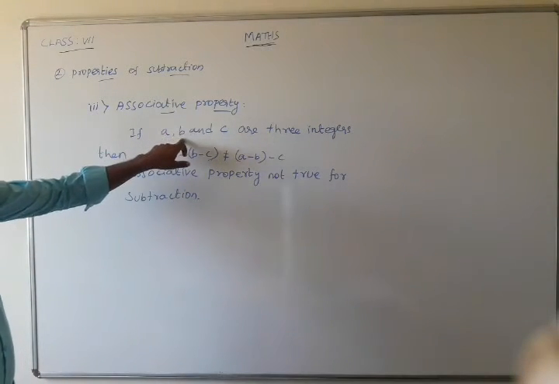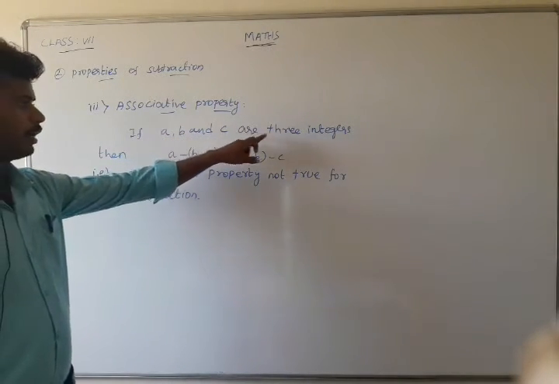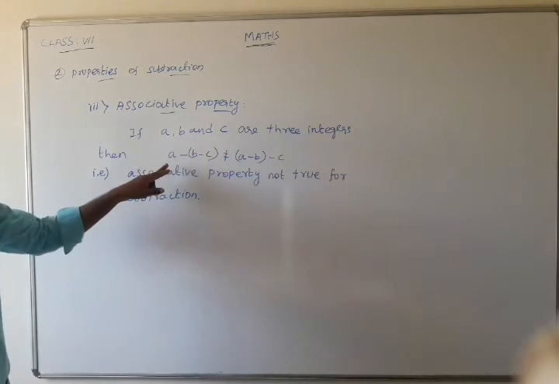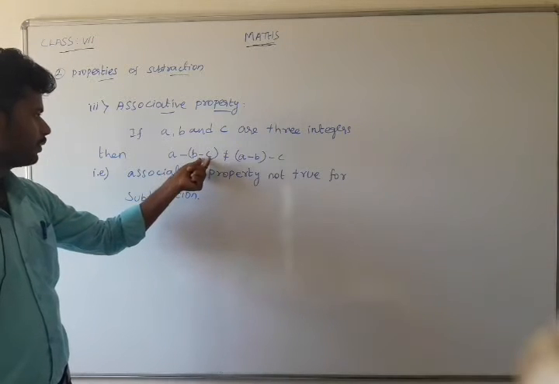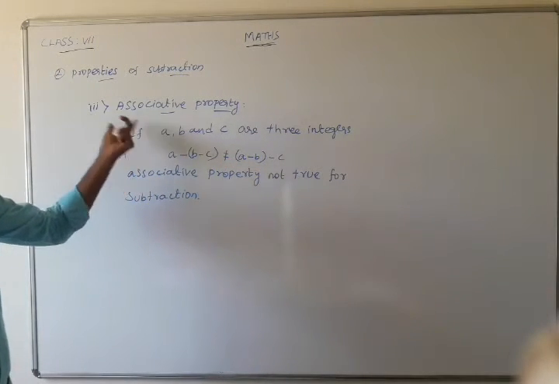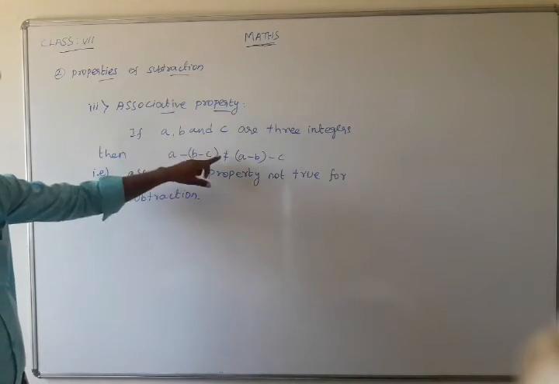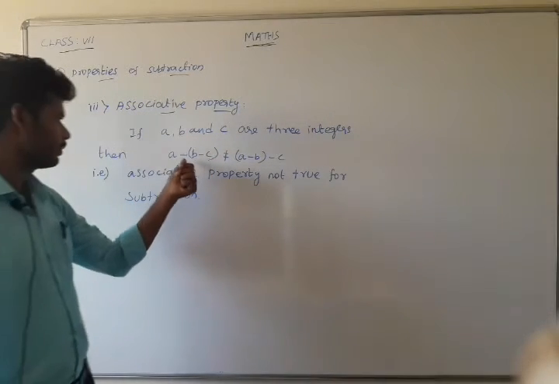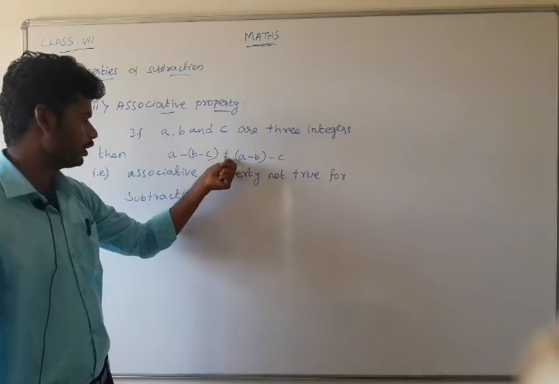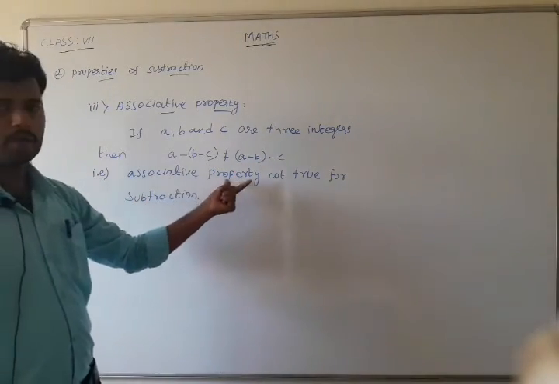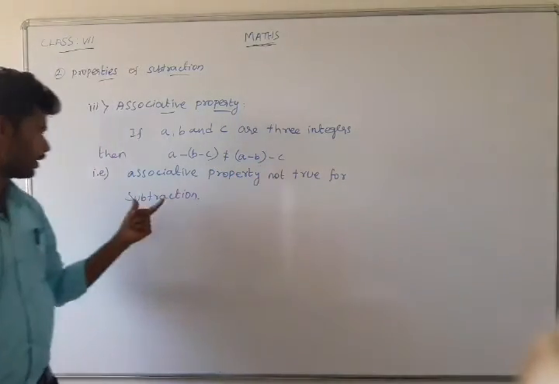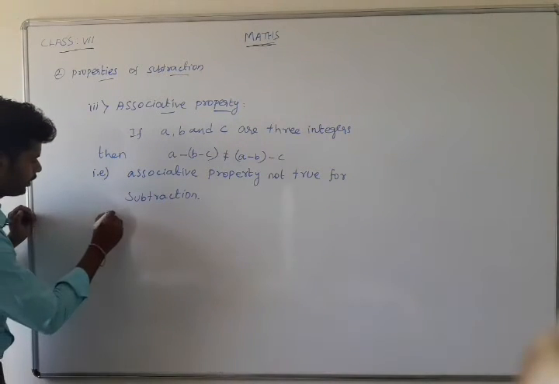Associative property: if A, B and C are three integers, you take three integers. In the property of addition plus comes; this one is subtraction, so minus comes. A minus (B minus C) is not equal to (A minus B) minus C. The associative property is not true for subtraction. Example,